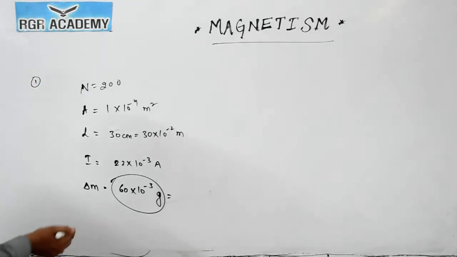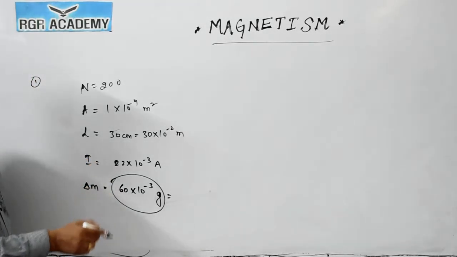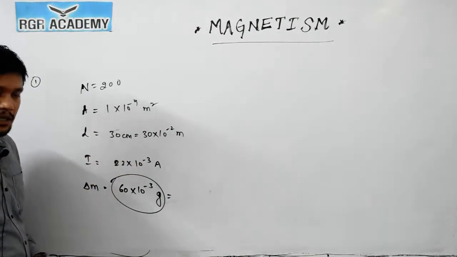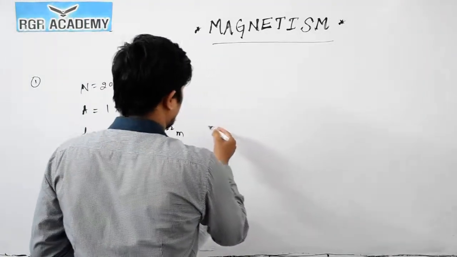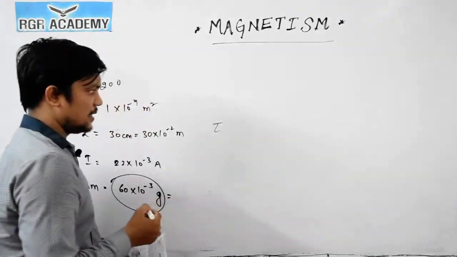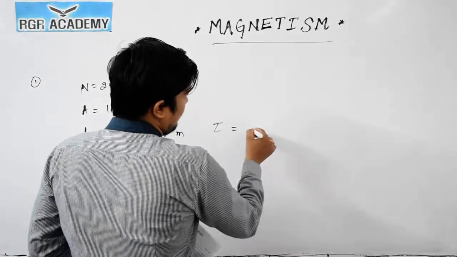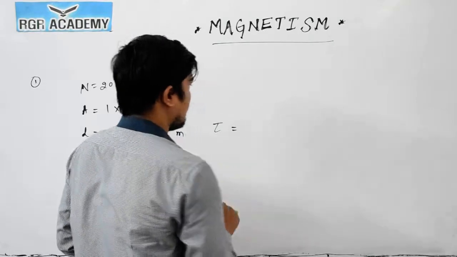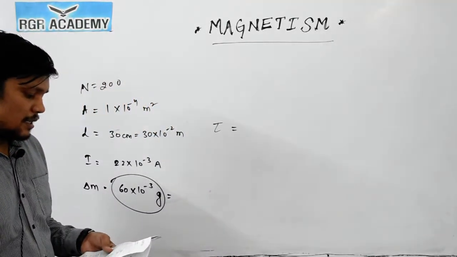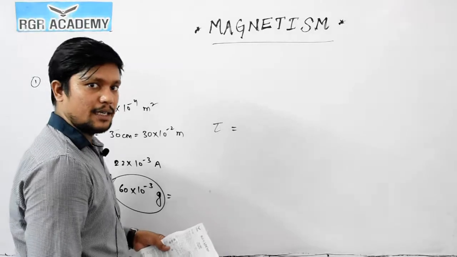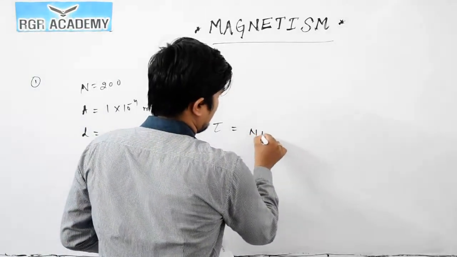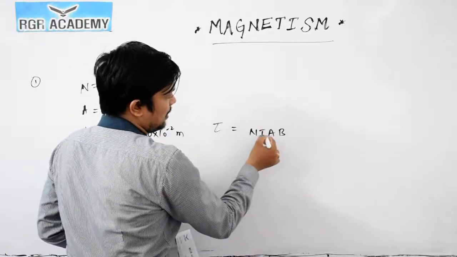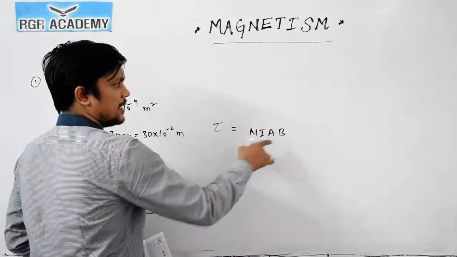What will happen is that when you pass the current, a torque will act, and that torque will be balanced by the torque of the external weight that we are putting. Torque due to the magnetic field is given by m cross B. If the number of turns is N and the angle between the magnetic field and the magnetic moment is 90 degrees, then we can write NIA into B. So magnetic moment is I into A into N, NIA, and B is the magnetic field.